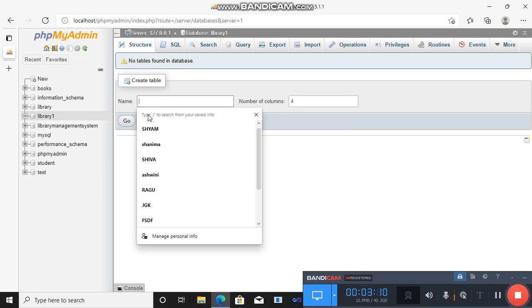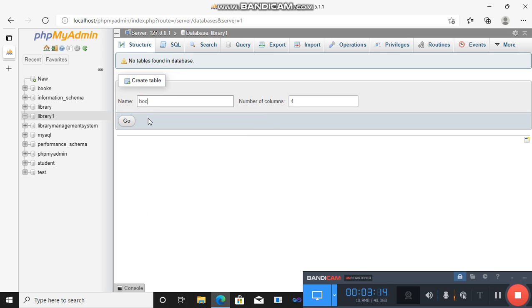Now I want to give the table name. Let me give the table name as book. You can give any name for the table name. We should specify the column names here.